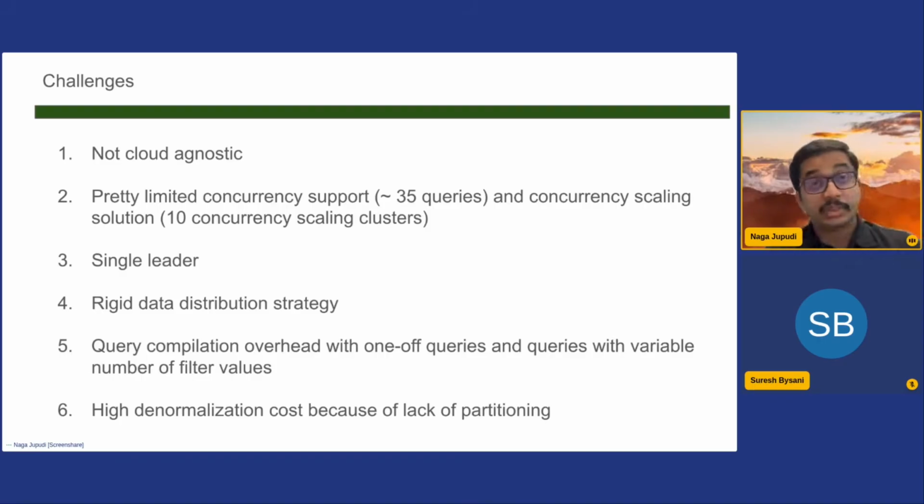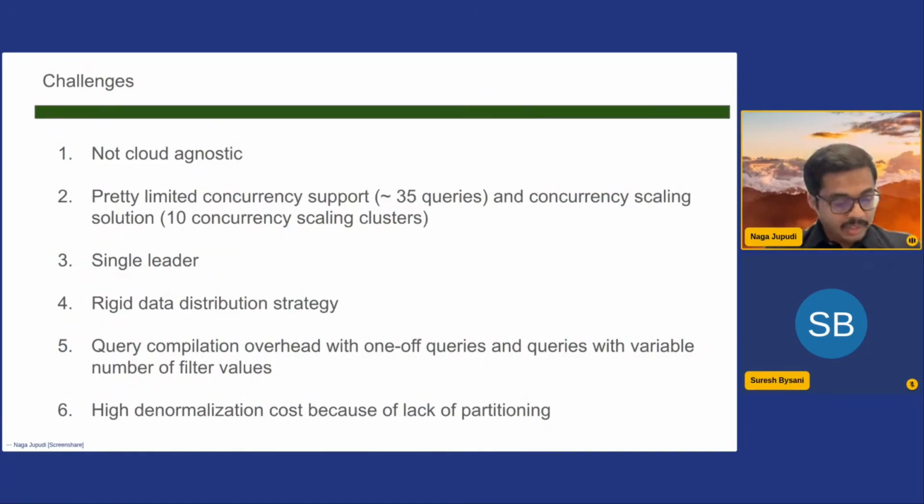Because of this, even if we are scaling the number of compute nodes, there is a danger of either one single node doing all the heavy lifting for a given customer, or all the nodes participating in the scan queries where it is polluting all the local cache which is cached on the disks. Because of this rigid distribution strategy, we were facing a lot of challenges, because the product is inherently multi-tenant in nature, there is a really heavy data skew among all our tenants. So that is another problem that we faced.